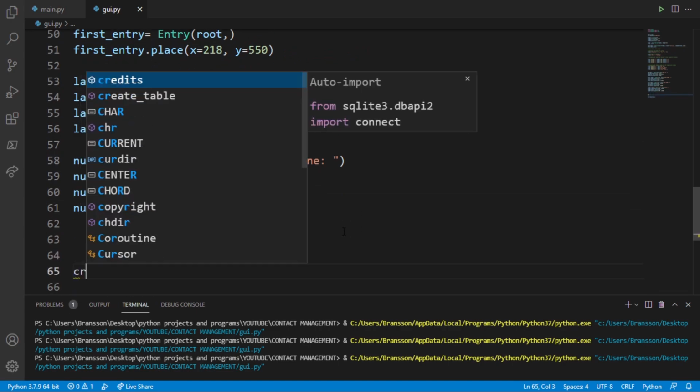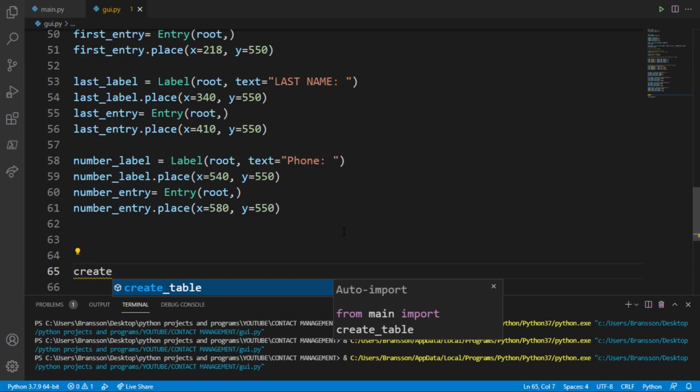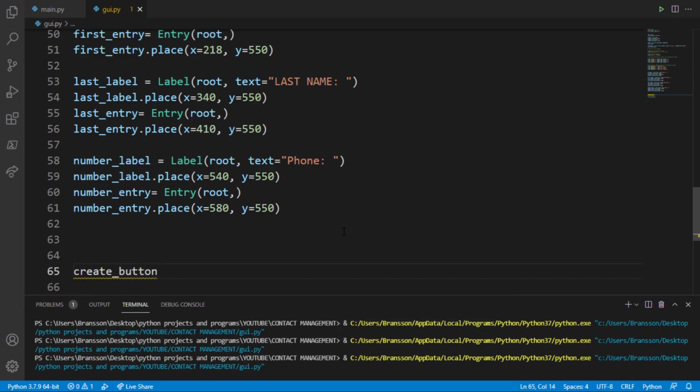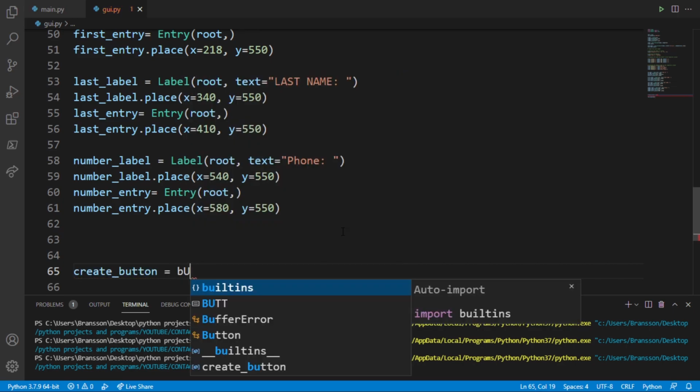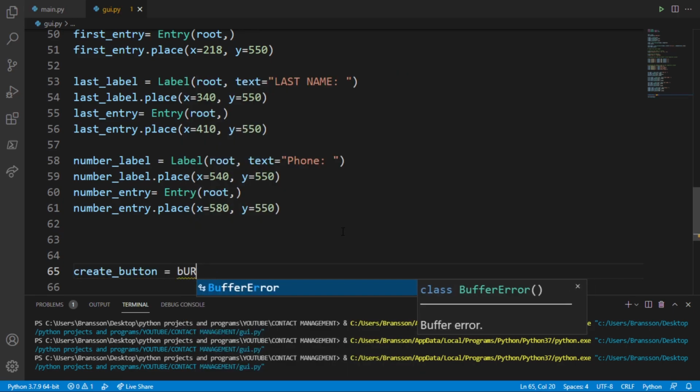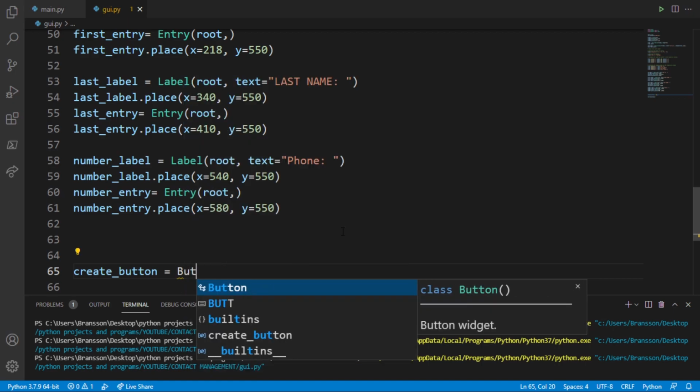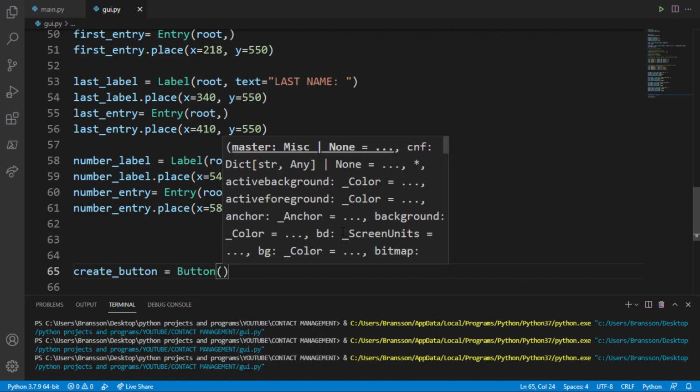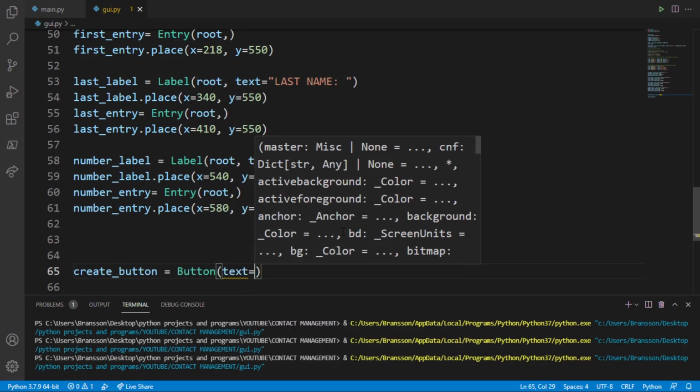So here I'm going to do create. I think create button. So this is just variables there. Create button should not be equal to button. But what am I doing? So create button should be equal to button, and button should have a text of create